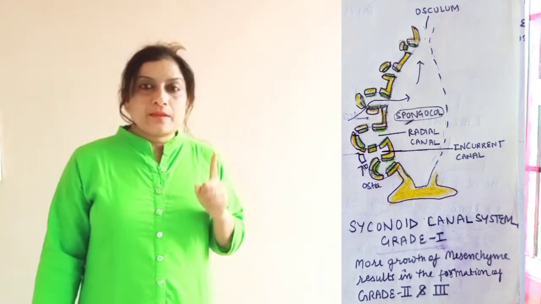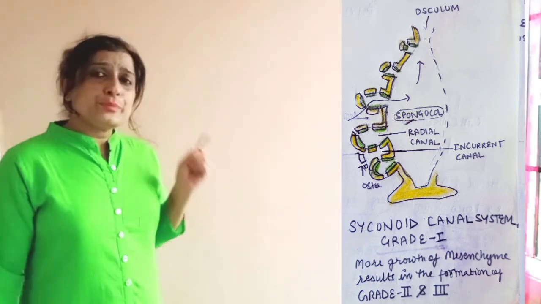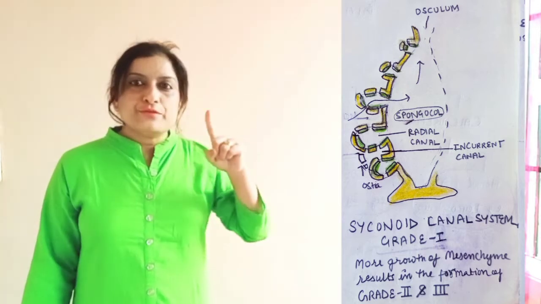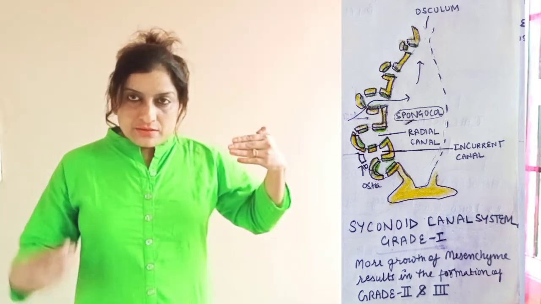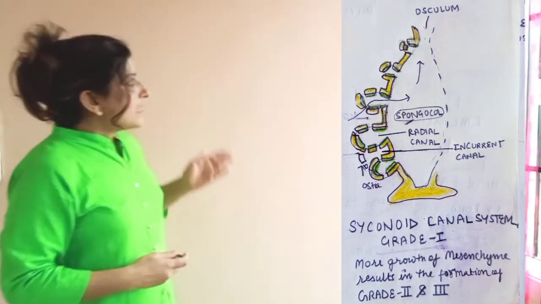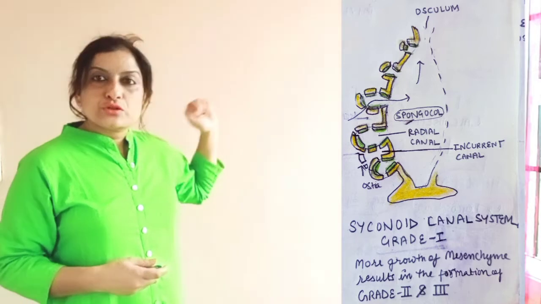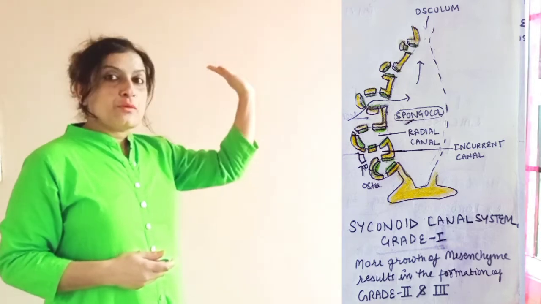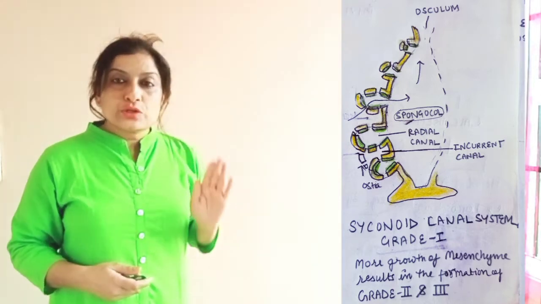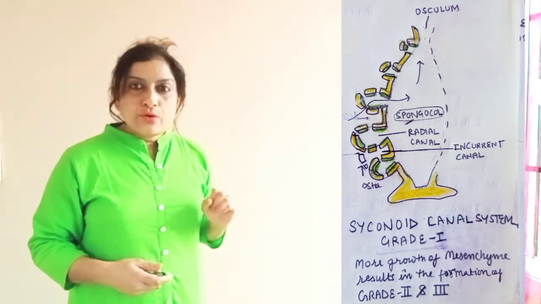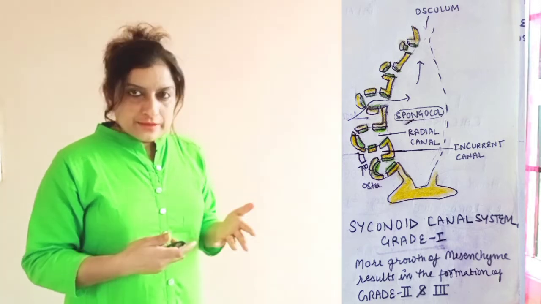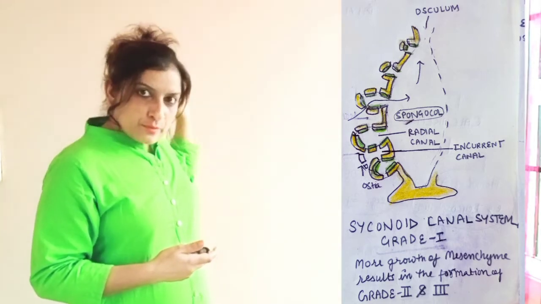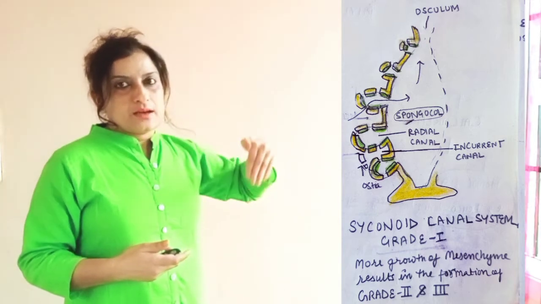And second type, which is syconoid type, is produced by the folding of the wall of the asconoid type of canal system. Due to folding, invaginations and evaginations are formed. The invaginations result in the formation of incurrent canals, and the evaginations form radial canals. Initially, choanocytes were lining the spongocoel and now they are shifted to the radial canal only. The passage of the water current is accordingly modified. It comes from outside through ostia, incurrent canal, radial canal, spongocoel, and then out via osculum.